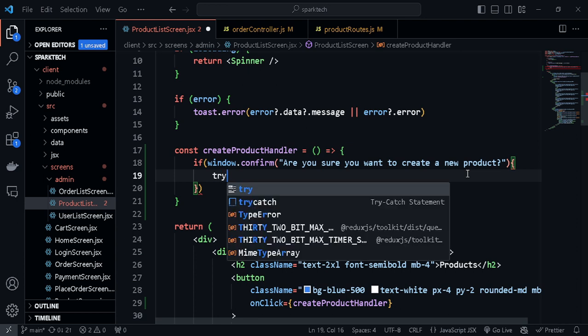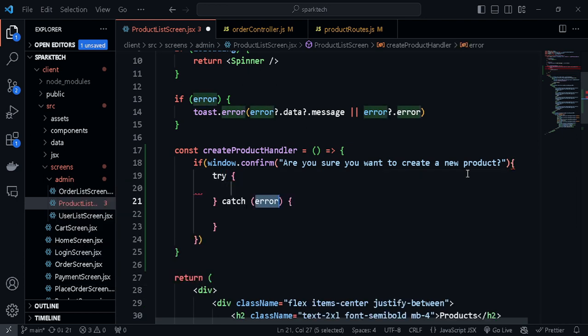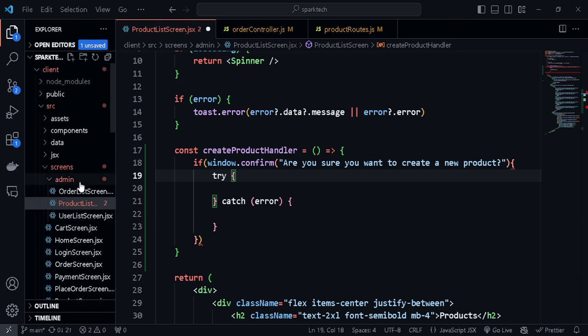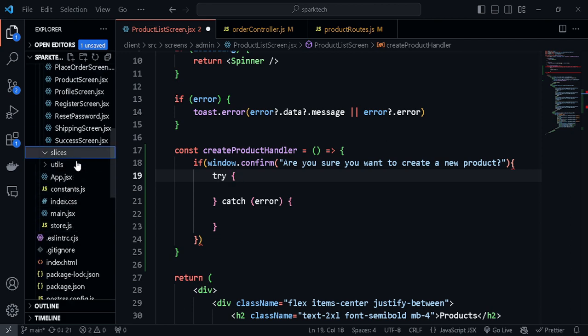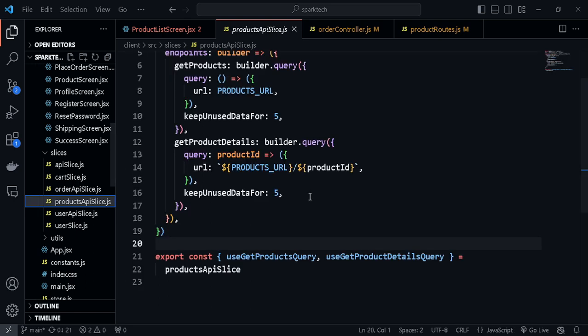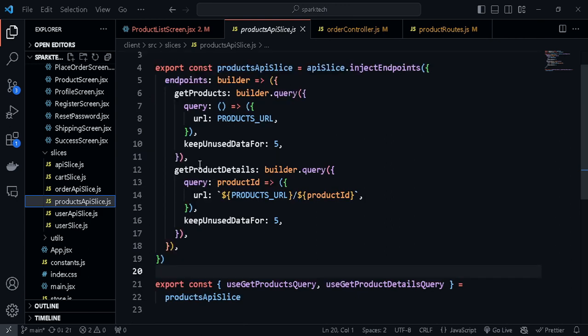So let's open our try catch, since we are dealing with promises. And now we are first of all going to create an API slice to the backend URL to make this particular request. So let's go to our slices folder, and go to the products API slice, and we can create one to make a request to the backend to create the new product. We don't have to pass in any body, so for now we can just duplicate one of these,